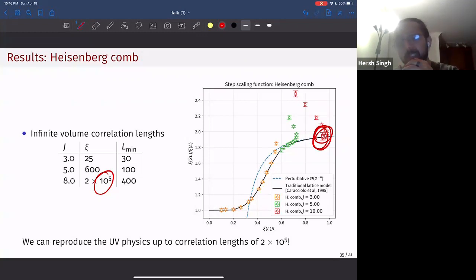And the other question is whether, in some sense, getting the UV physics right from a lattice calculation is kind of an academic question, because you would never use a lattice calculation to get the UV, right? Because you can just do perturbation theory. Why would you do that? You would really use a lattice calculation to get the IR physics.